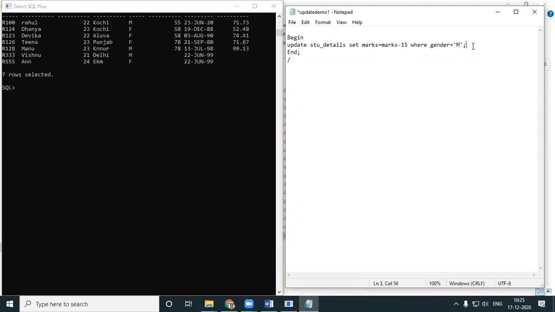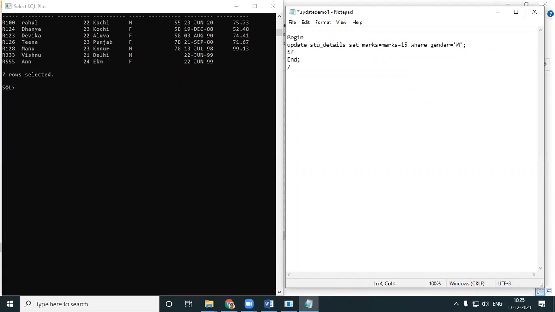And I want to find out how many rows were affected. There might have been no males, there might have been many males, there are chances, but I don't know anything. So first I'm going to find out whether there was anybody affected. Anybody means any row. Was there any row which had an update? Because all rows will not have an update, only male rows will have an update.